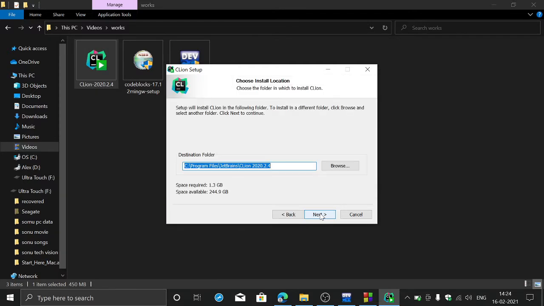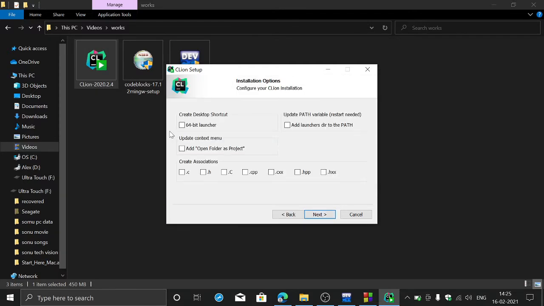And here you can see that it prompts me to install it. Yes, install it. Let me go to the setup wizard. Here you can see 64-bit, based on your operating system. And I am going to use the custom open folder project. Yes, I want to create .c, .h. If you want to develop C++, you can include .cpp. But I'm interested in developing a C program.